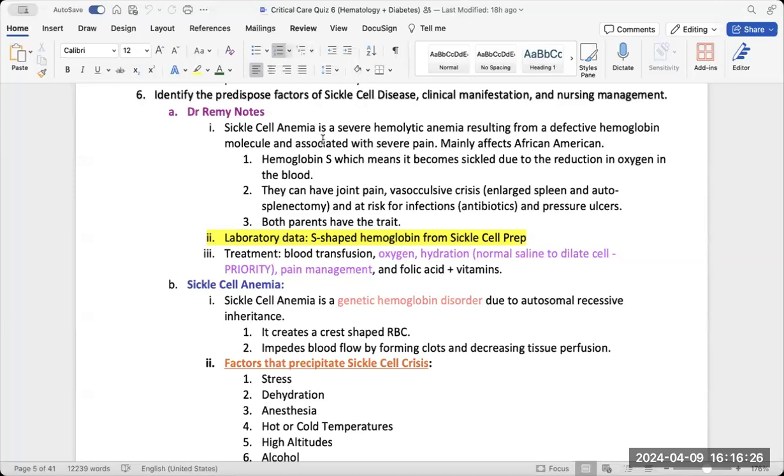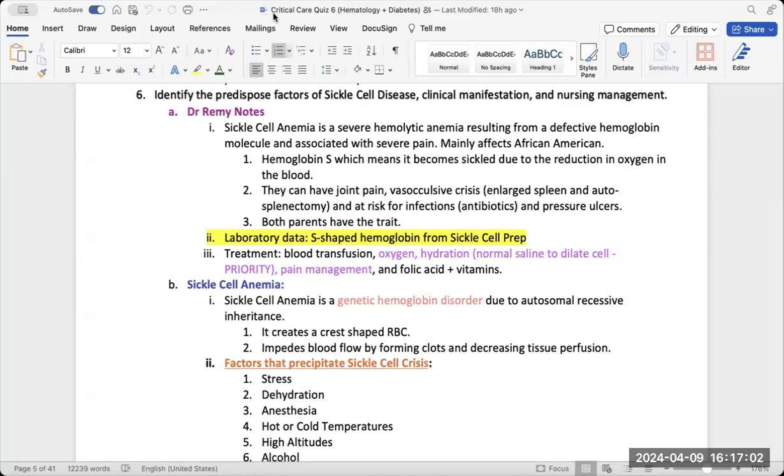It's sickled due to all of this lack of oxygen in the blood and lack of oxygen in the cells. And if the hemoglobin is specifically a factor, remember we said hemoglobin has iron, iron carries oxygen. So if the hemoglobin isn't where it's supposed to be in terms of its shape, meaning it can't do what it needs to do, they are oxygen poor. And that for these patients causes severe joint pain, which also means that they have vaso-occlusive crises. So they're basically having lots of periods where they have intense pain due to not having enough adequate oxygenation to